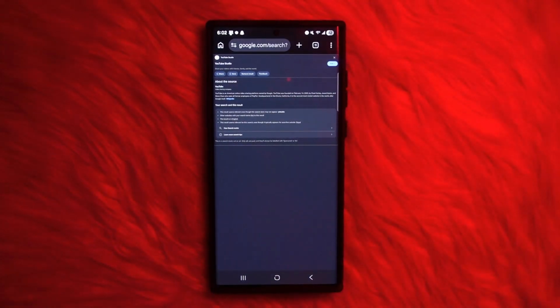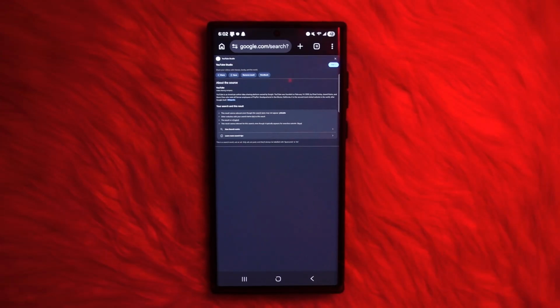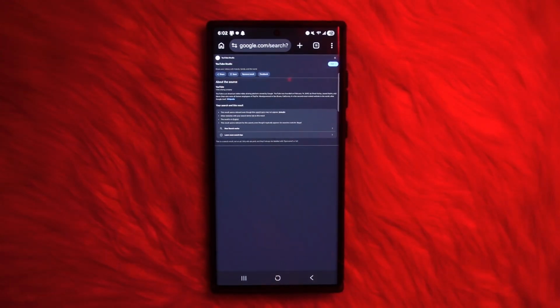So once you do so, from there you should be able to find a star-like icon located on the top right navigation bar or the menu bar right next to the search icon. So from there, go ahead and tap on it and you should be able to chat with YouTube's Studio AI. Now go ahead and tap on it,